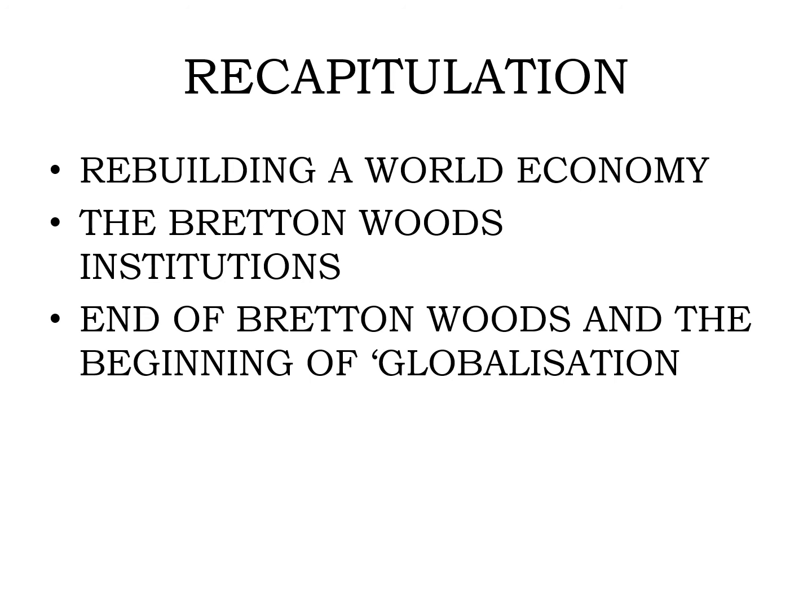And the end of Bretton Woods. In the Bretton Woods system, the currency values were pegged, fixed to the value of gold. But now currencies of various countries could not maintain their values with gold. That's why it has been left to the market forces. That is what we call floating exchange rate. So that is what we call the end of the Bretton Woods system and the beginning of globalization.